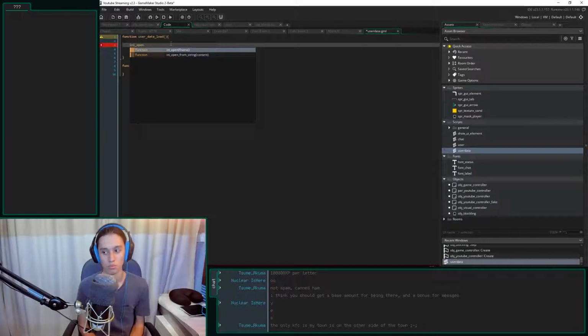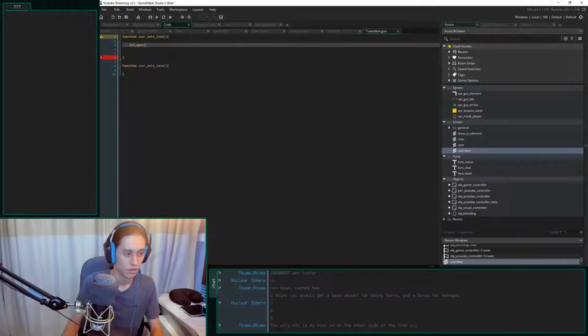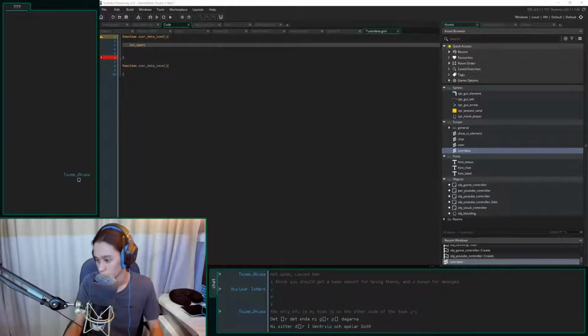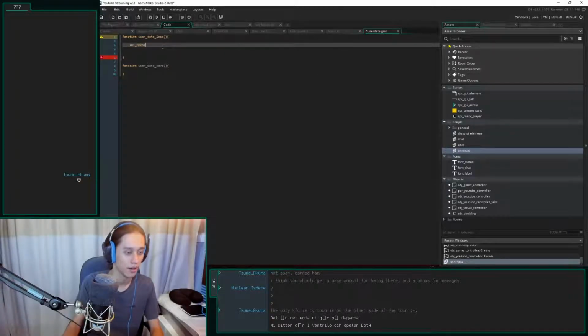Ooh, how do I do that? INI open. How am I going to save it? Let me pull up my local storage, and I want to see what exactly I'm going to be saving and exactly the files. Local storage, YouTube streaming version 2.3, super auth codes, don't share. Yeah, let's not share that. Where on earth? It would store it here, so I'll keep that on the side.